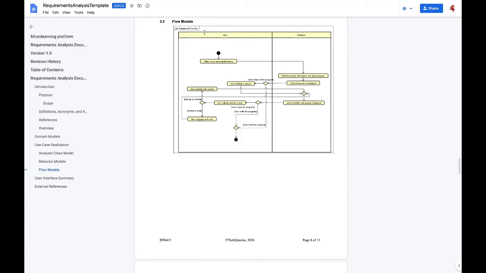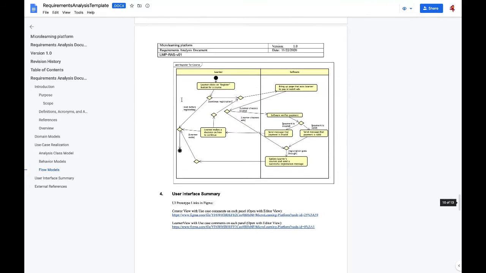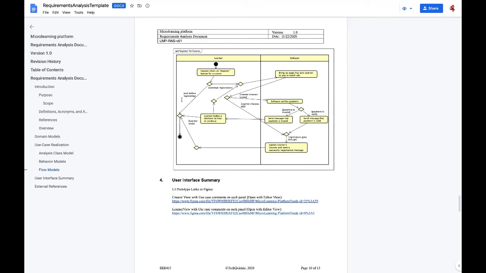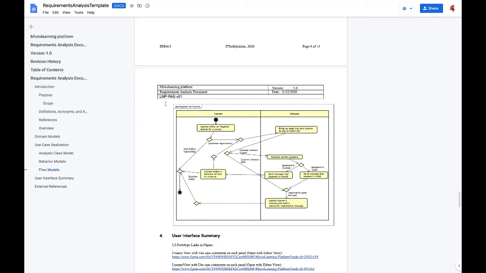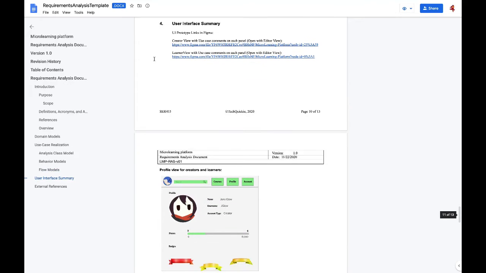We have an engage with course activity diagram. We have a create course activity diagram and a register for course activity diagram. We picked these as they were the ones that set our system apart from most. We didn't decide to do the login activity diagrams and ones that were more basic, as it didn't really seem necessary. We also did our user interface